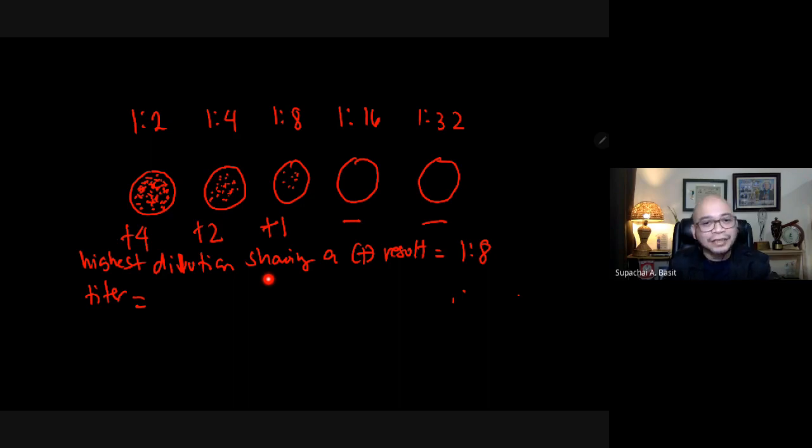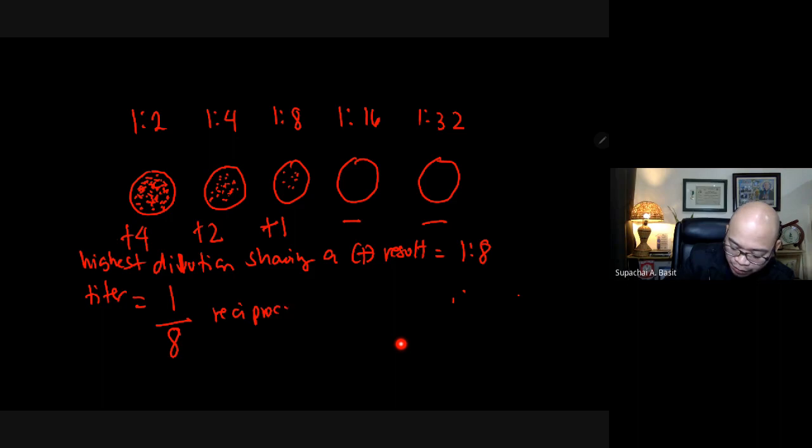What is the titer? The titer is the reciprocal of the highest dilution showing a positive result. The dilution is 1:8. What is the reciprocal of 1:8? The reciprocal of 1:8 is